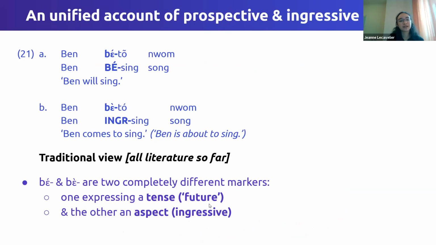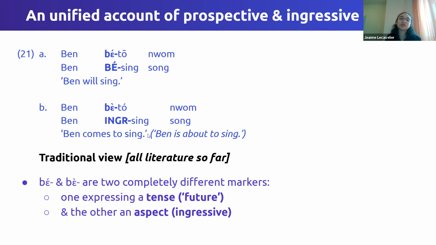And well, I promised to come back to the ingressive marker, so here I am. There are two different markers. The first one, I've already talked about it, is B plus high tone. It expresses prospective, and there is also a marker which is B plus low tone, which expresses the ingressive. Most Akan native speakers would translate it as "Ben comes to sing", so it expresses a movement toward the beginning